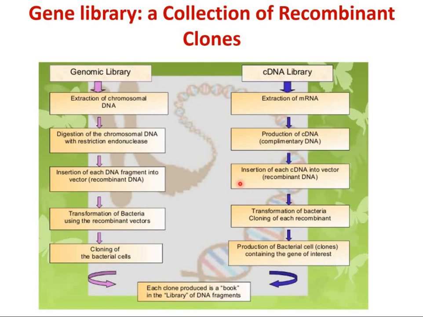So the starting material for the genomic library is the entire DNA. For the cDNA library, it is the mRNA. If you take the entire genome, cut it into small pieces, clone it and have a collection of it, it's the genomic library. If you take the expressed part, the genes that are being expressed will have mRNA, extract that, make cDNA from it, and use it to generate a library, where all the genes that are expressed will be represented. That collection is a cDNA library.